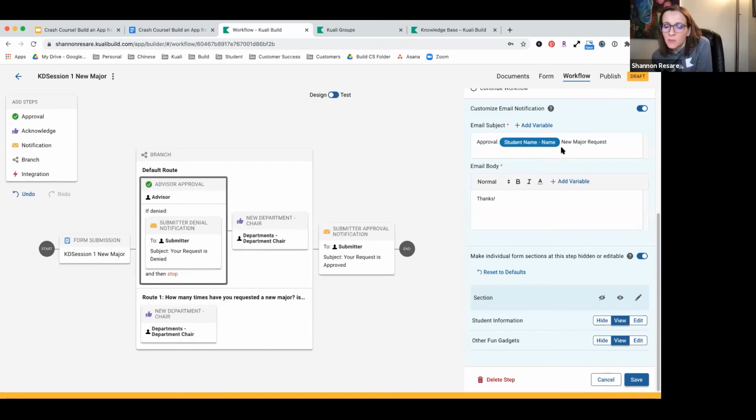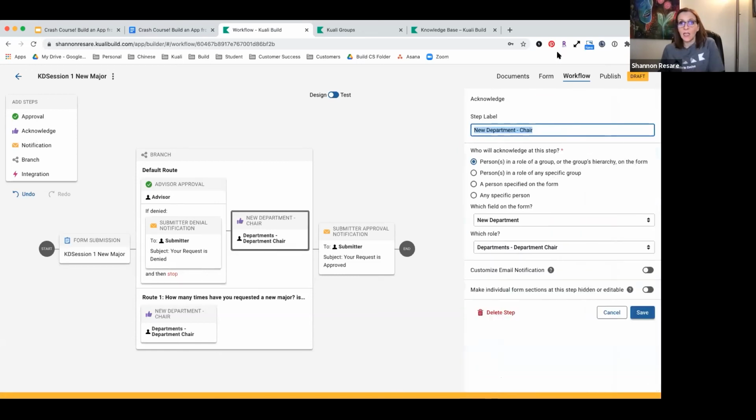Okay. No, that's awesome. Great question. Leanne, how do you build multiple notifications acknowledgements in a step? For example, have a new department chair and advisor acknowledge before the submitter is notified. So you could just add in, Leanne, an extra acknowledgement step. So let's say here,